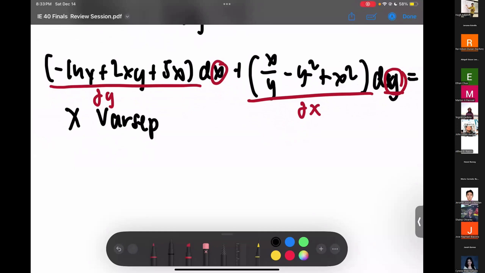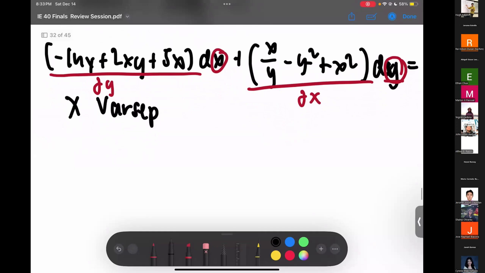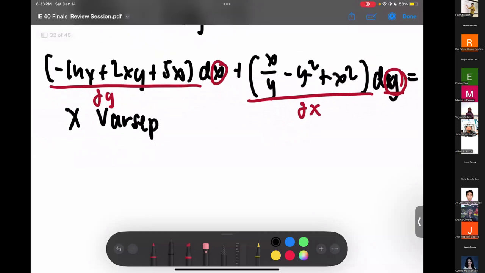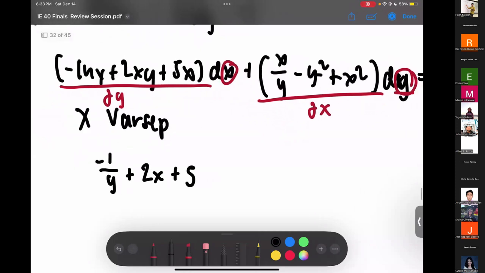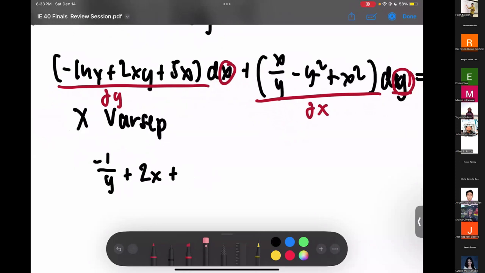The mathematics behind it is the same. So anyway, this becomes negative 1 over y plus 2x plus